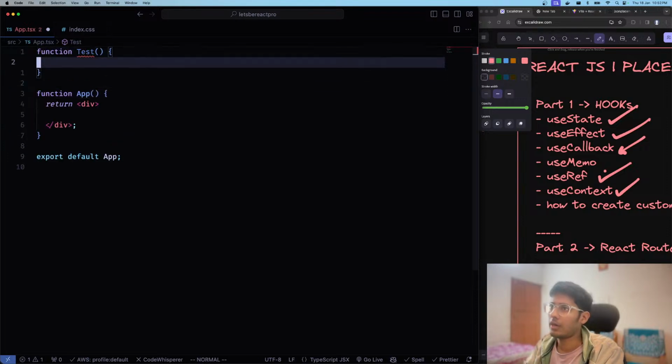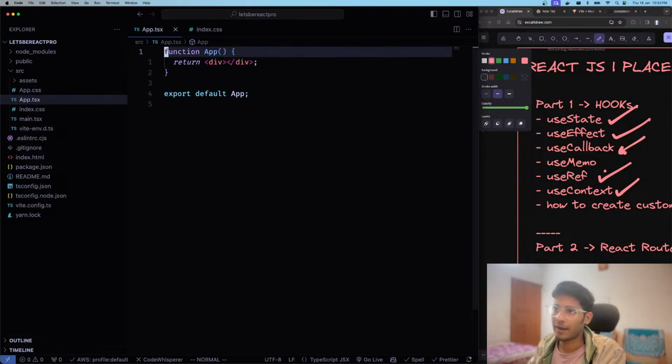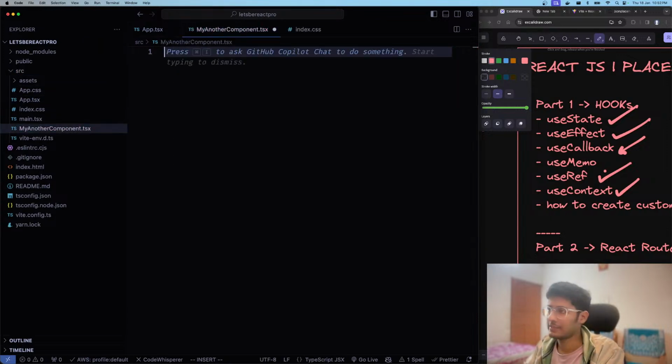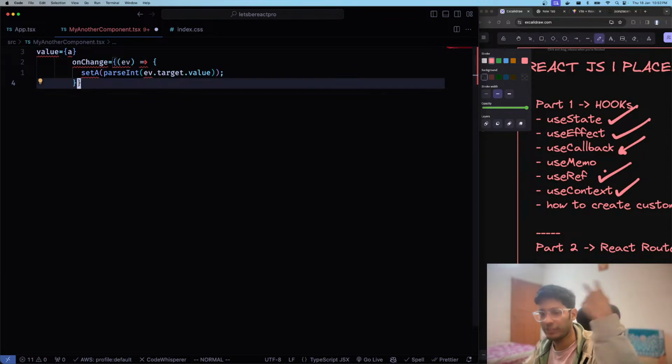Or in a real world scenario, you'll have it in a different file. So let's have it in a different file. Let's say my another component .tsx, and then let's have,